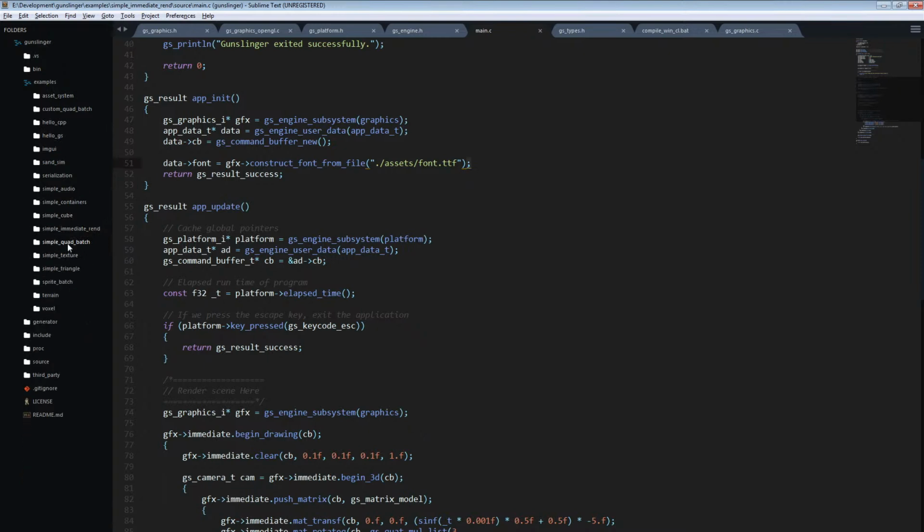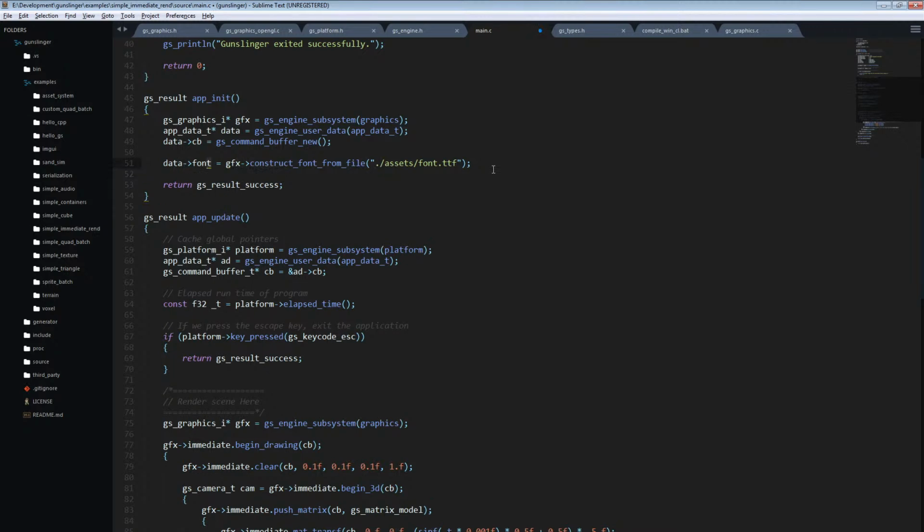But inside of the assets folder, we have this TTF font that I've stored in there. So we're gonna load that up, pass it to the graphics subsystem, and it will construct a font from file for us. So we have to pass it the file that we actually want to use, as well as the font point that you want to create the atlas at. Because what this does is that it passes it back to stb truetype, which creates a bitmap atlas that we upload as a texture to the GPU. All right, so we have our font,